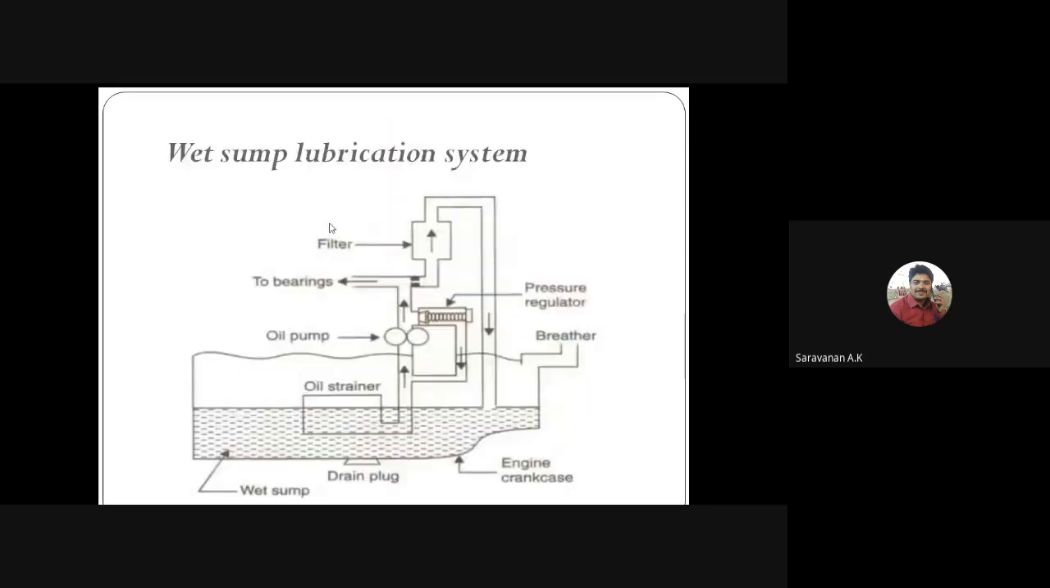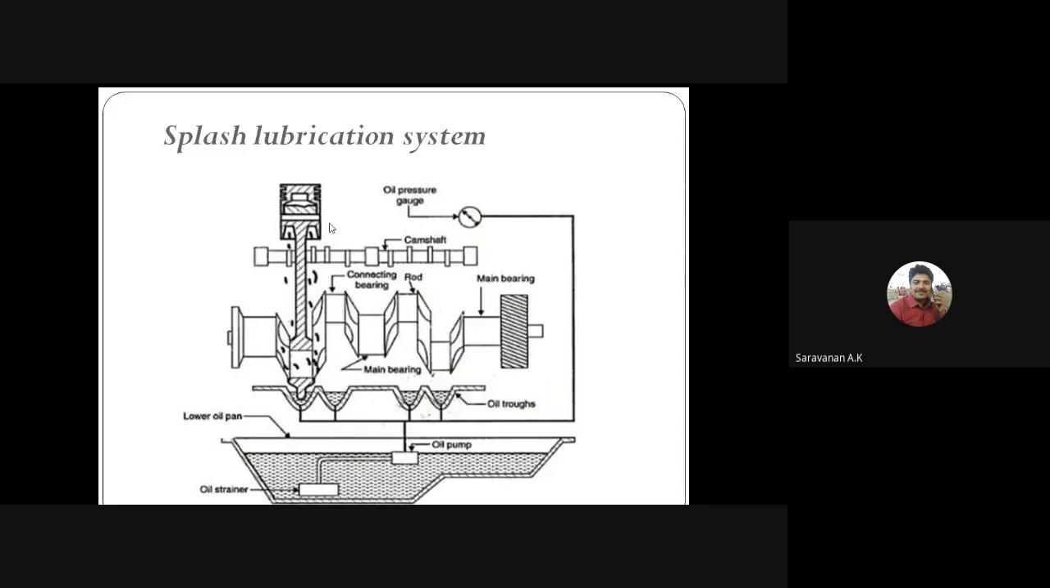We discussed that in the last class. For the splash lubrication system, there is a scoop type projection that is dipped into the oil sump. Every cylinder has a separate oil trough. The connecting rod has a scoop shaped projection, and once the connecting rod rotates,